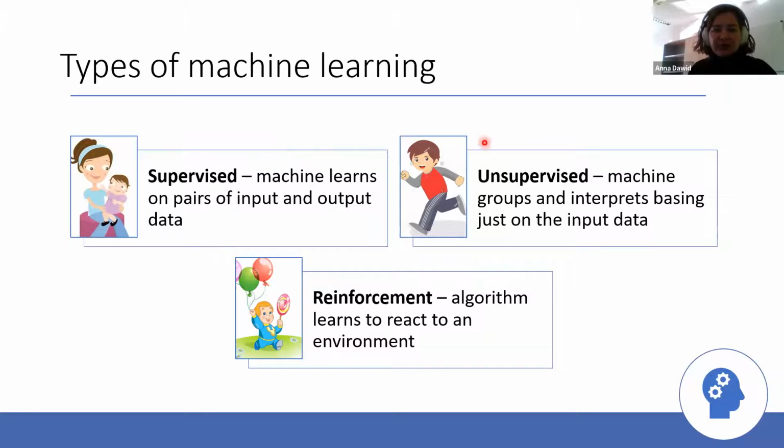In contrast, there is the unsupervised approach where you give just data without any labels, and this is what we are going to do. The idea is that we really get rid of the human factor, and we have a fully automated way of processing data. And then there's also a third type of learning, which I'm not going to touch upon today, called reinforcement learning.